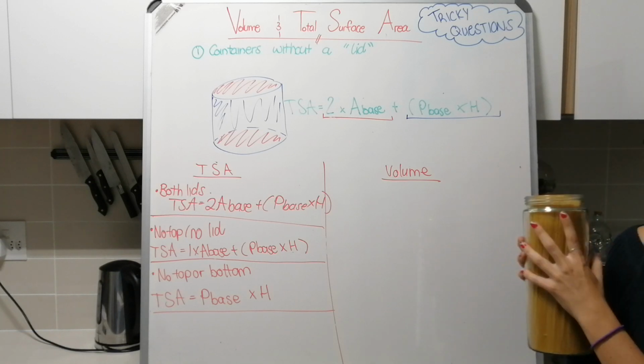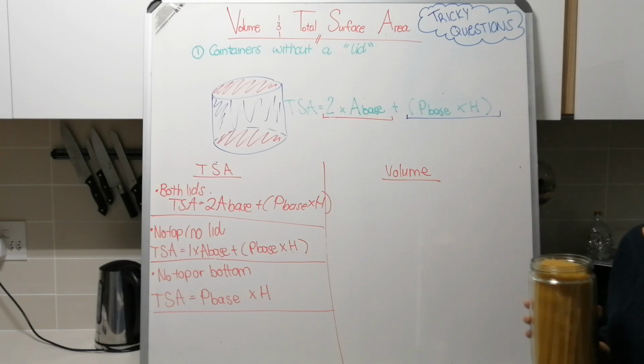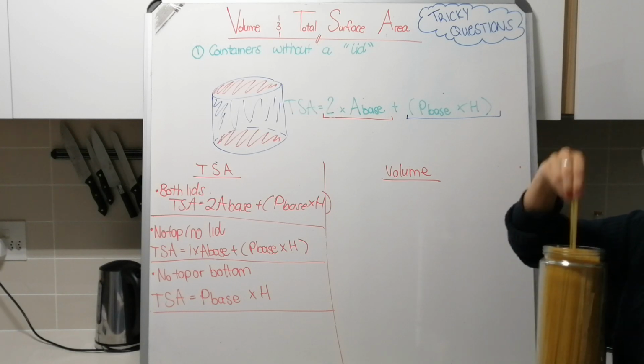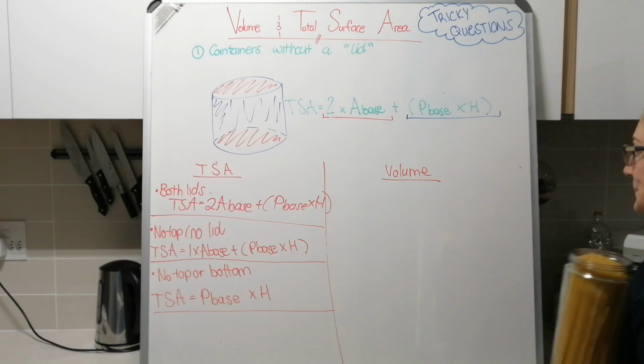So if I were to paint this, the area that the paint would cover. Whereas volume refers to the space inside, the capacity, how much spaghetti can I fit in my spaghetti jar. Now, do you agree with me